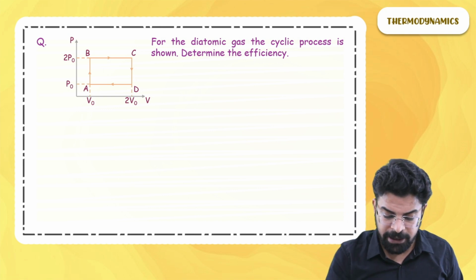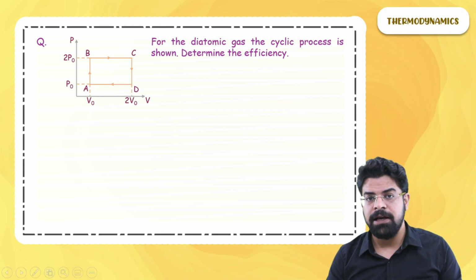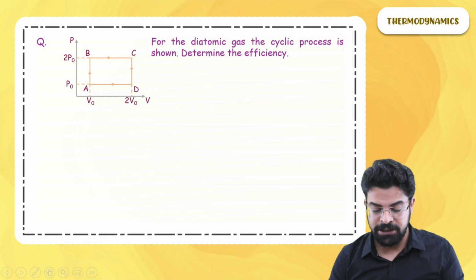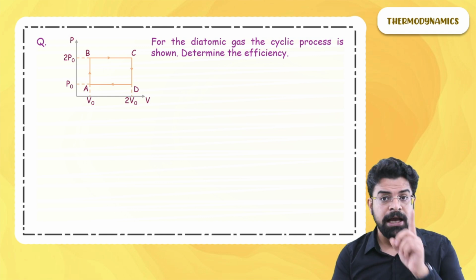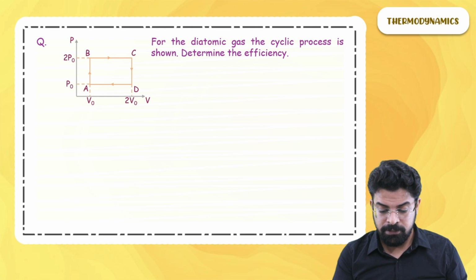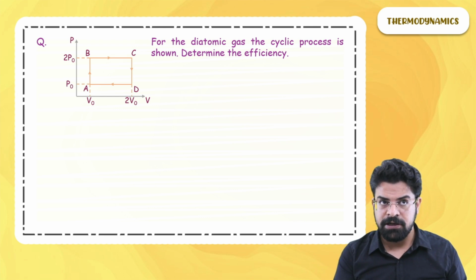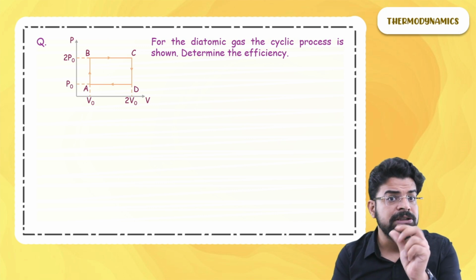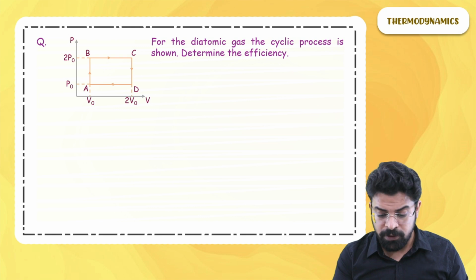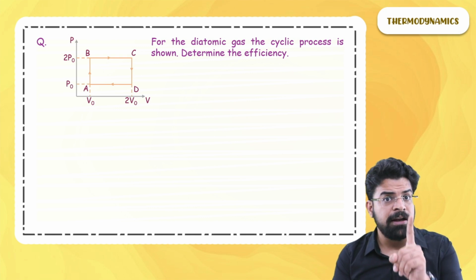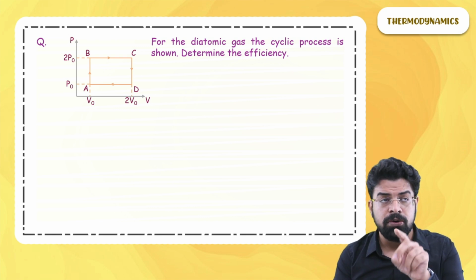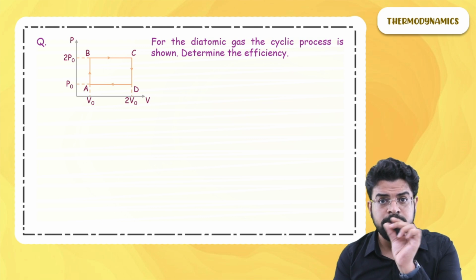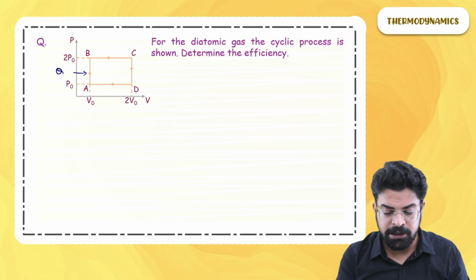Now, from A to B, we will have to give heat, or the system rejects heat. A to B is an isochoric process. Work done is 0. But since at constant volume pressure increases, temperature increases, internal energy increases, so the change in internal energy is positive. So from A to B, change in internal energy is positive, work done is 0. So heat, which is delta U plus W, has to be positive, hence heat must be given.